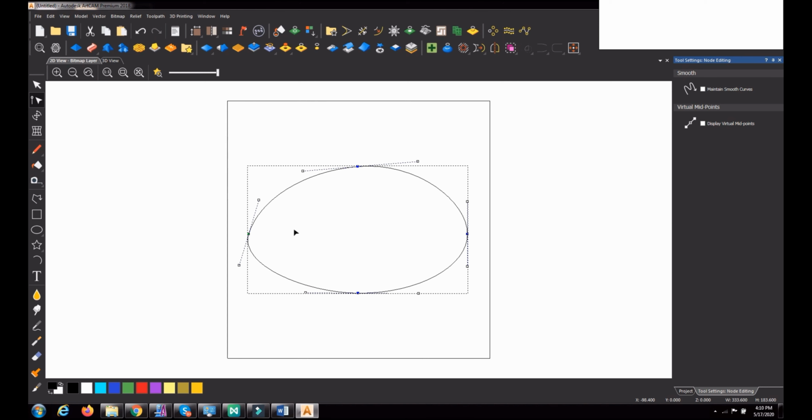Other than this, if you want to add one more point, just place the mouse tip on the object and press I. It will insert one more point there. This point also you can use for moving the node and altering the direction using the direction line.